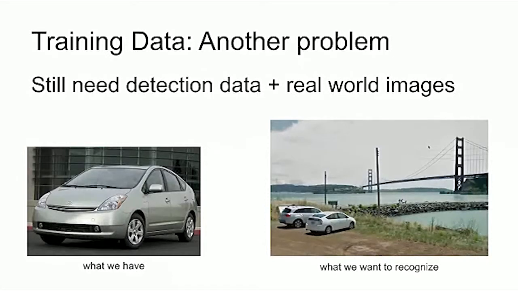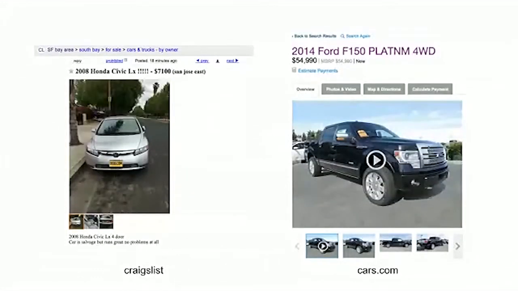But then, remember, what we are trying to do is recognize these cars in images of neighborhoods, right? Real world images, because our ultimate goal is to be able to predict demographics in these neighborhoods. And what are we using to capture images of neighborhoods around the country? Google Street View images, because for each neighborhood, you basically have a whole bunch of images. And so we can't just train an algorithm to detect cars in Google Street View images using images from Craigslist,